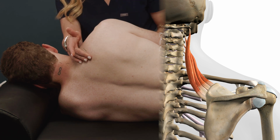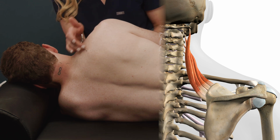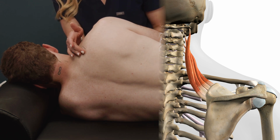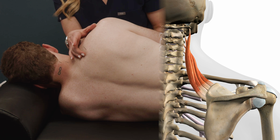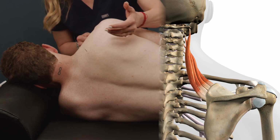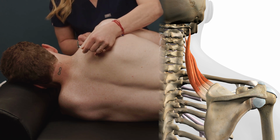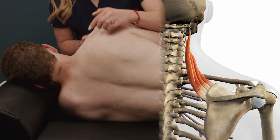Sometimes when I'm working with this area, I like to put 1 or 2 additional needles in surrounding the area just to make sure that I'm getting a nice release of the levator. But in terms of demonstration purposes or also clinical purposes, 1 needle will often work just fine. So this is a nice way just to place this, and this is right here in the attachment of the